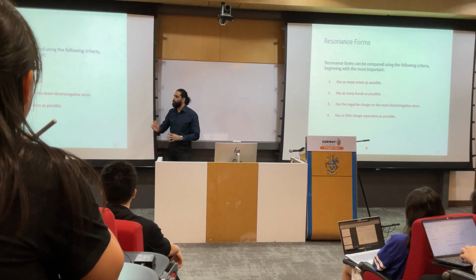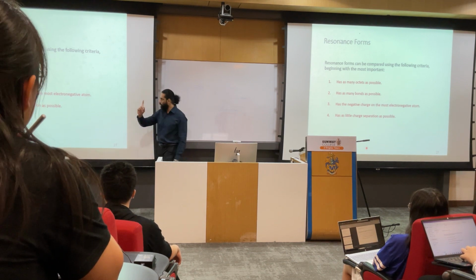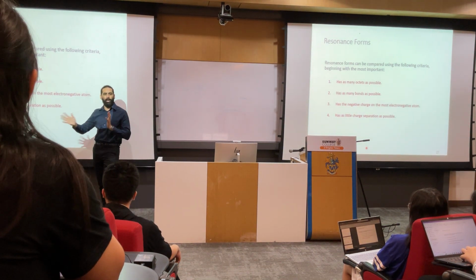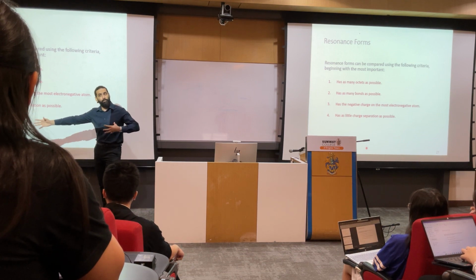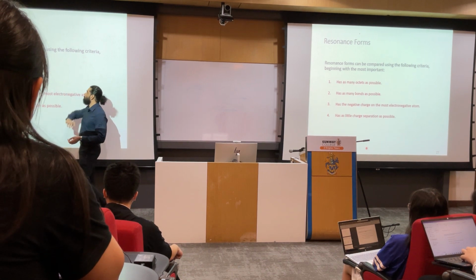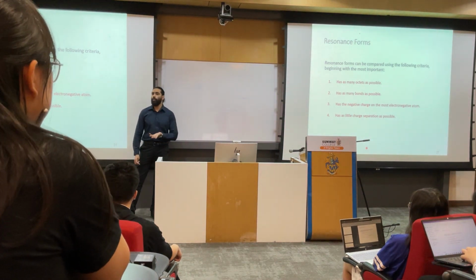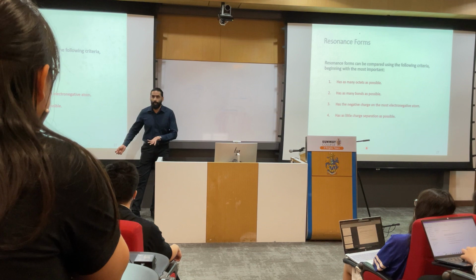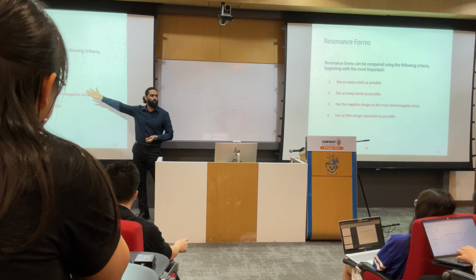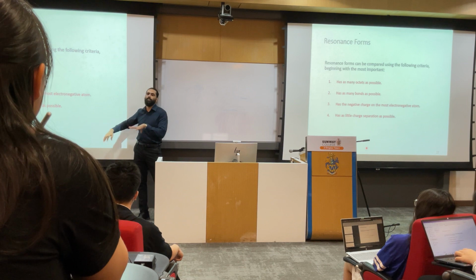So these are the rules that you need to keep in mind when you are dealing with resonance structures. First rule is that when you have options to make multiple Lewis structures, the structure you should go with should have as many octets as possible, because the principle of Lewis suggests that an octet makes a molecule more stable. That's what you read in that slide, right? So you should try to make a structure in a way that all atoms have as many octets as possible.